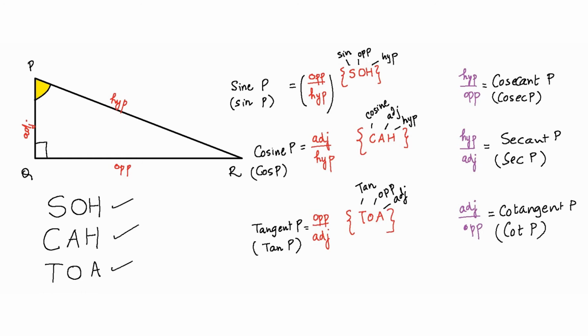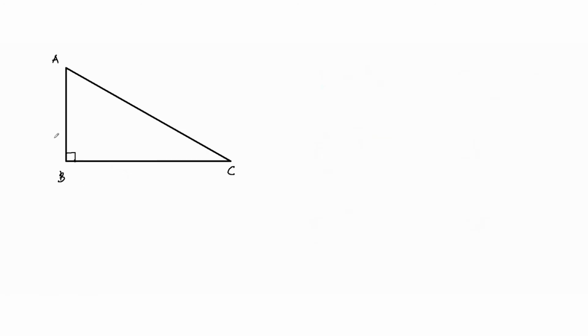So let me explain this better with an example. Consider that you have triangle ABC. Let AB be 9 centimeters and let BC be 12 centimeters. Using Pythagoras theorem, you can definitely find AC. So I will say, using Pythagoras theorem,